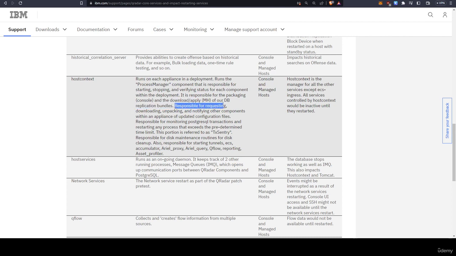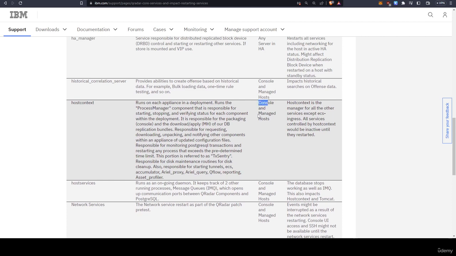It's responsible for requesting, downloading, unpacking, and notifying other components within an appliance of updated configuration files. Responsible for monitoring PostgreSQL transactions and restarting any process that exceeds the predetermined time limit. So basically, the host context is like the motherboard of the services. It's responsible of managing them, making sure that everything is okay. It's probably one of the most important services as well.